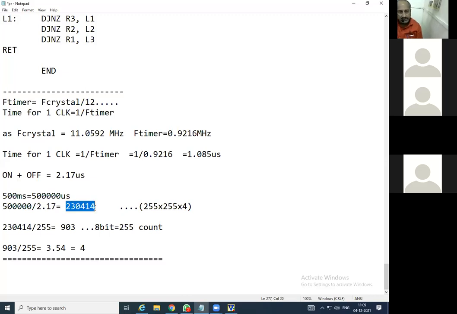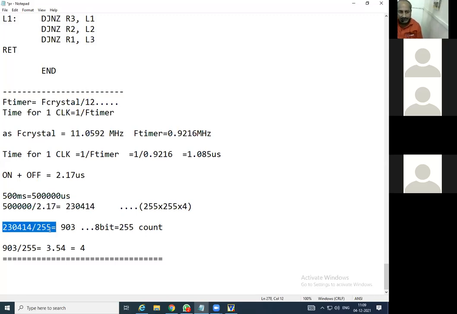So it comes to this particular decimal count, that is 230414.